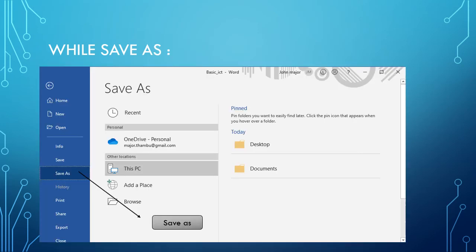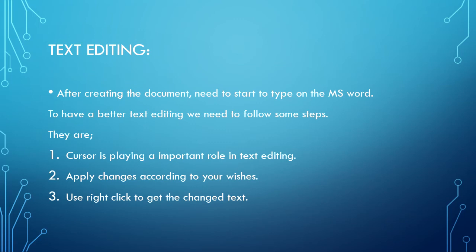Now we are going to see how to use Save As. First of all, we should know what Save and Save As are. We have already studied this, and you all know it well. Save is used whenever we save for the first time. Save As is used when we make changes in an already saved document and want to give the file some other name. That is also available in the File menu. Go to Save As under the Save button, click it and give the desired name, and it will be saved.